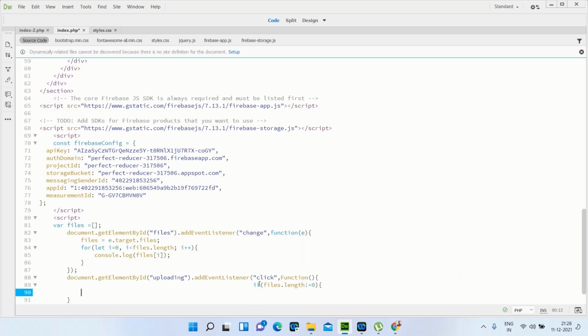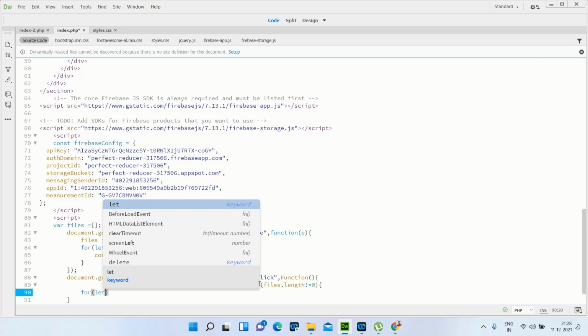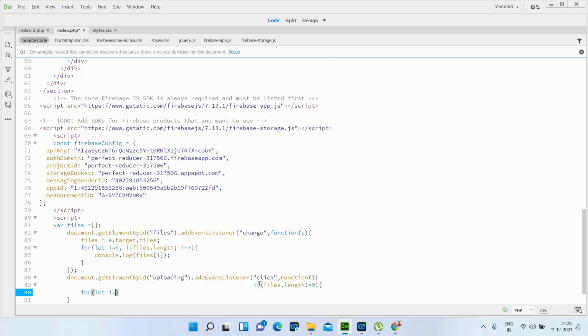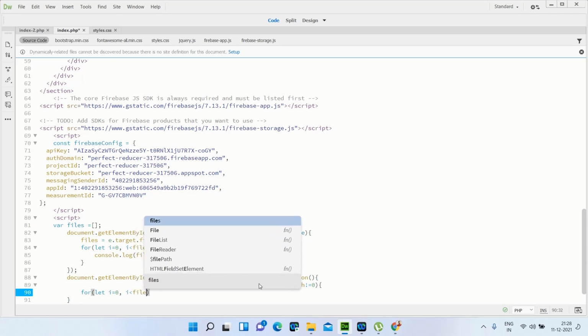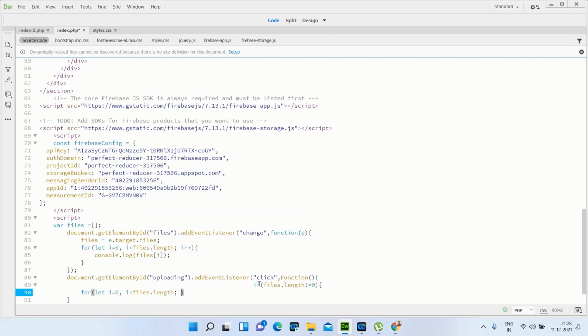If it is not equal to 0, then we have to create the loop through all the selected files. So for i is equal to 0, and i less than files dot length, and i plus plus.